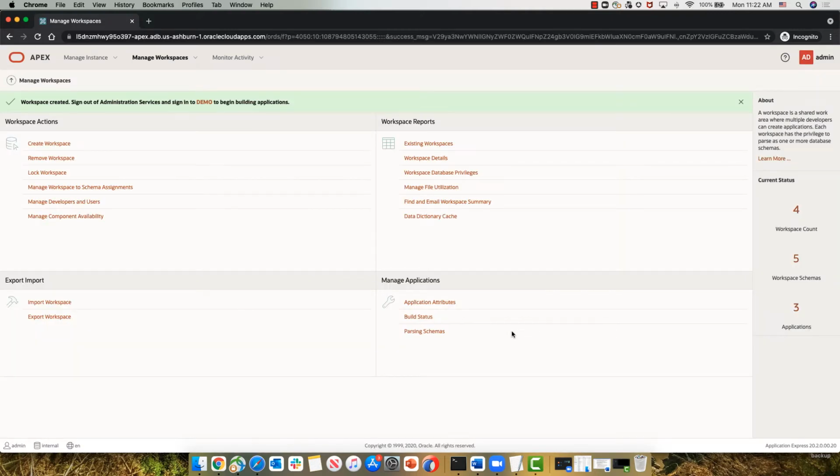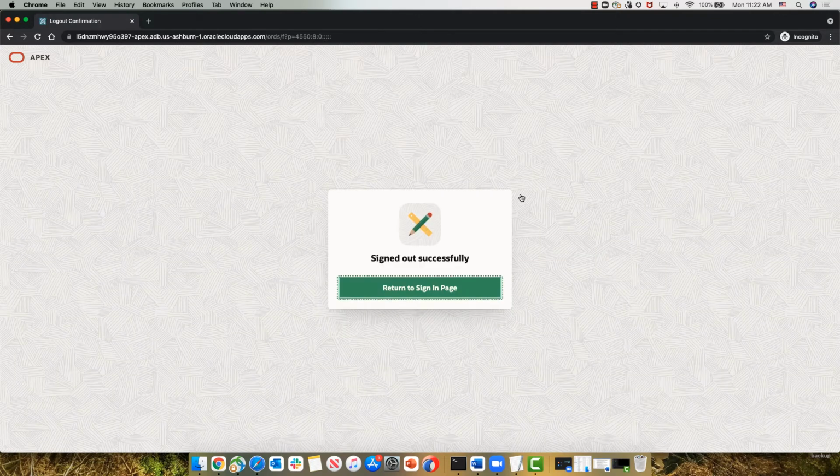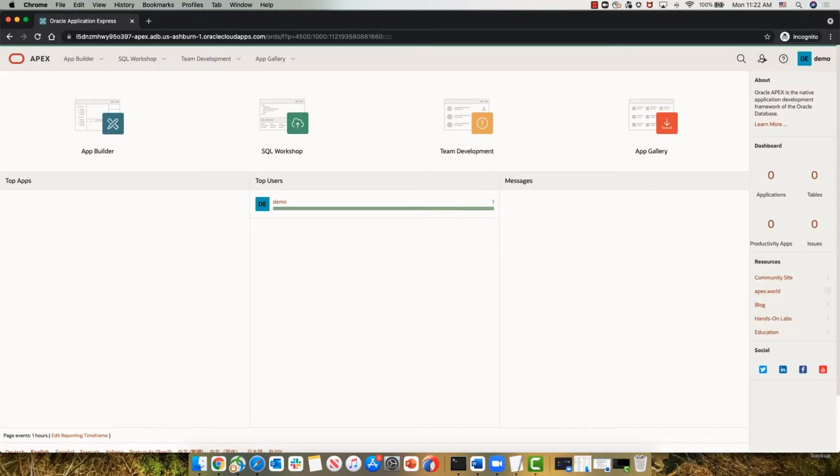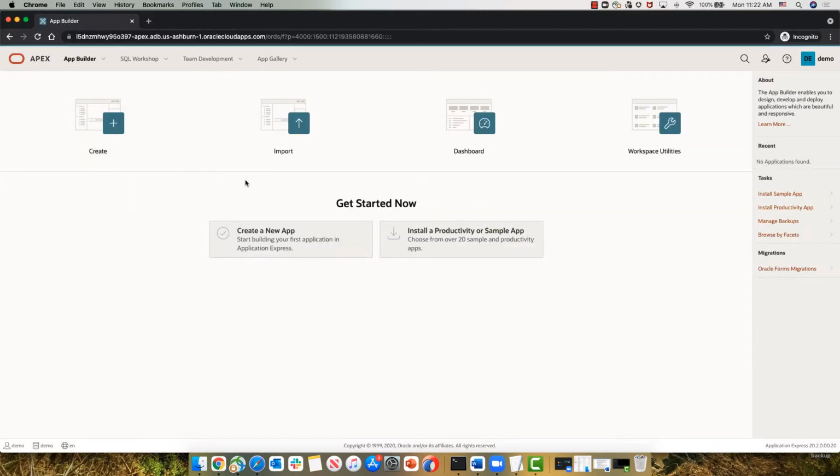We call them demo. And then we can log out from the admin interface and log back in as the owner of the new workspace we just created. So that would be the demo workspace with the demo user. Once we sign in, we can go to our app builder